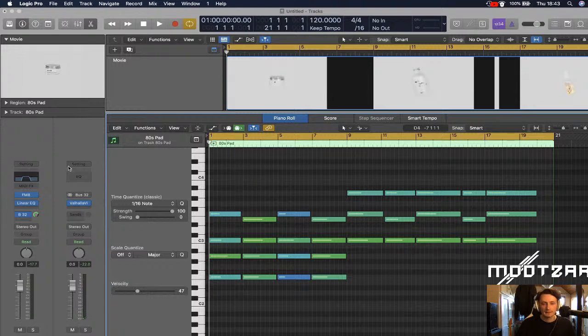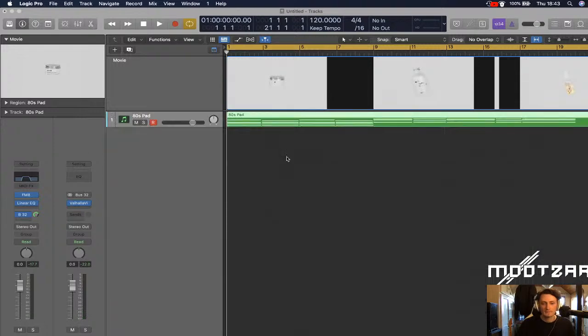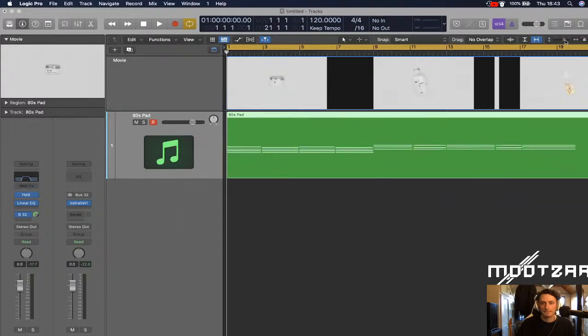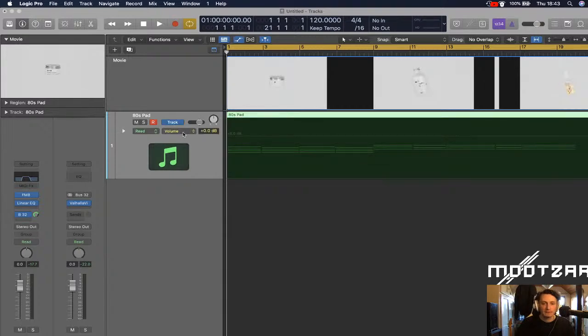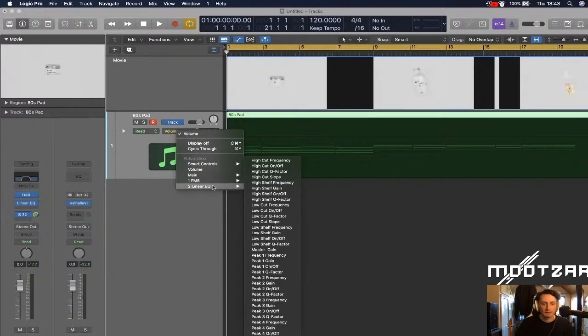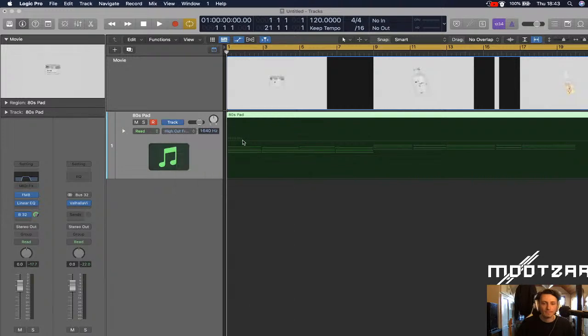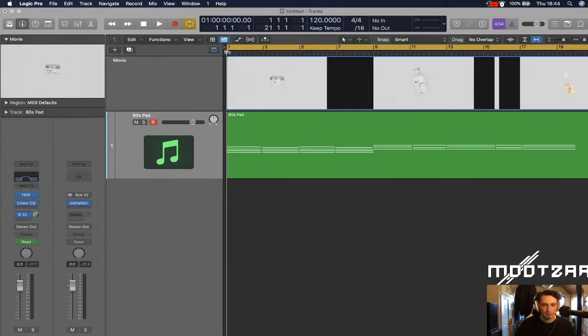So I'm now going to do some automation on this to make the chords flow with the bobbing, the up and down movement. So I'm going to hit A on this. I'm going to go down to my linear high cut frequency and click on it to engage. I'm going to put an end point there. One thing that would be helpful actually is to